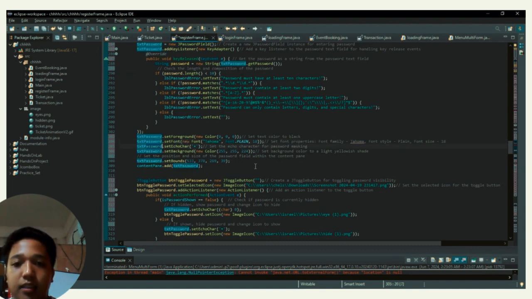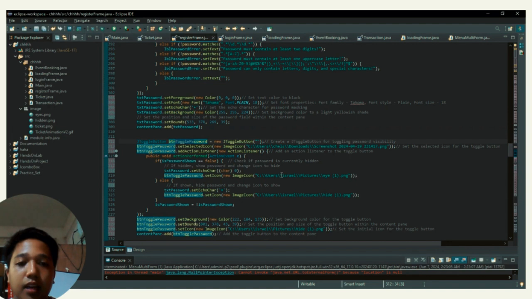The next line sets the echo character for password masking. The next line sets the background color to a light yellowish shade. This code sets the position and size of the password field within the content pane.